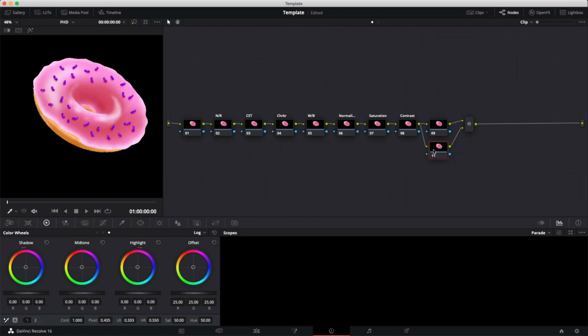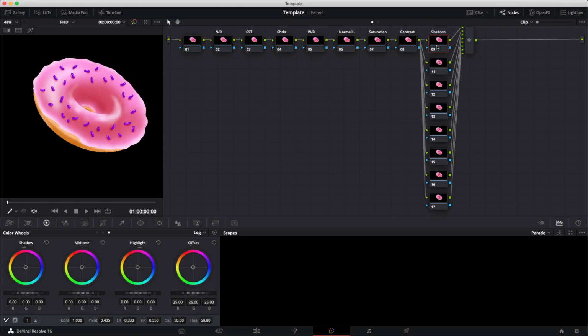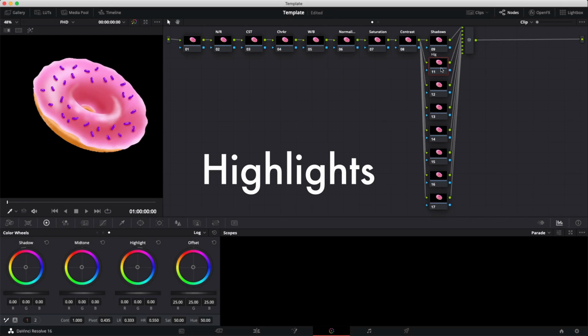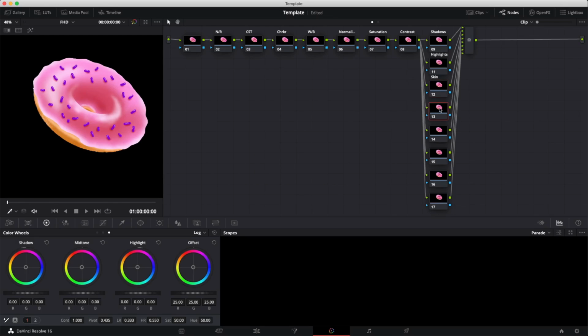For the grading phase, I have 8 nodes. Shadows, highlights, skin tones, exposure, glow, the look,